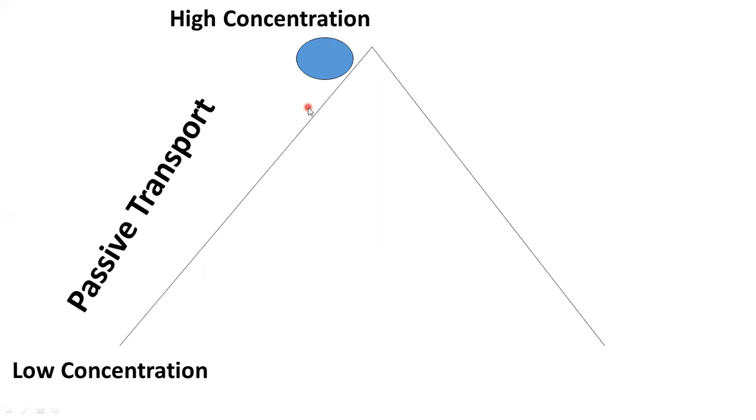Concentration gradient means the difference between the concentrations. It means that in one place the concentration of the substance is higher, and in the other place the concentration of the substance is lower. That's why we call it a concentration gradient. So in diffusion, molecules move down the concentration gradient